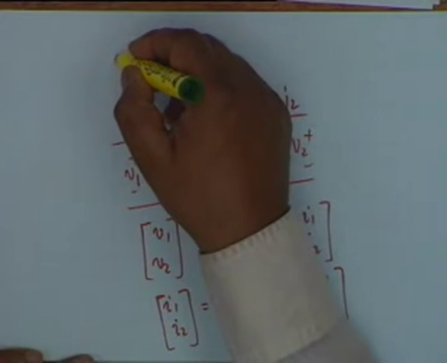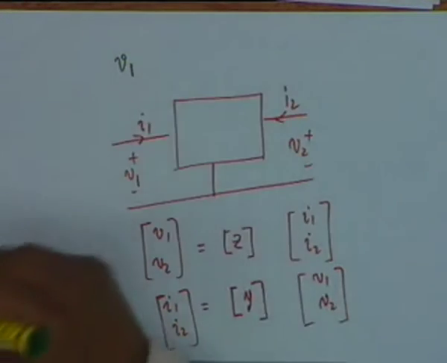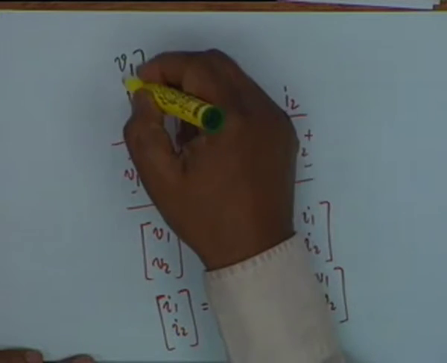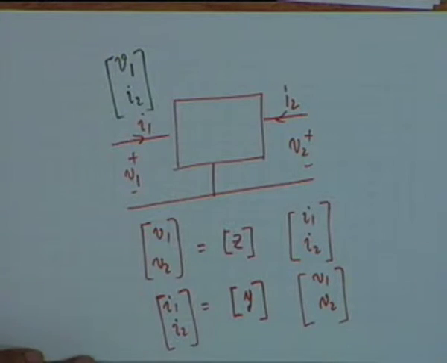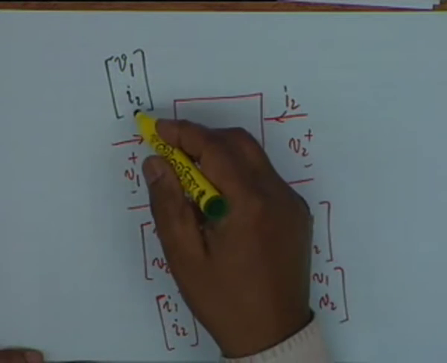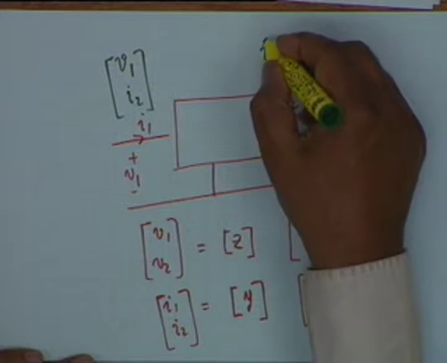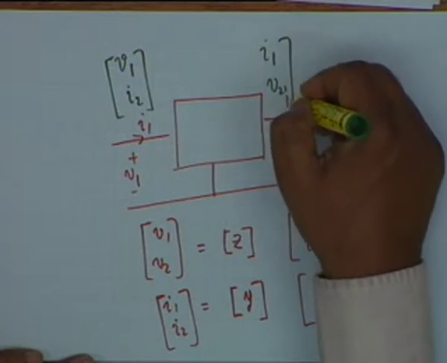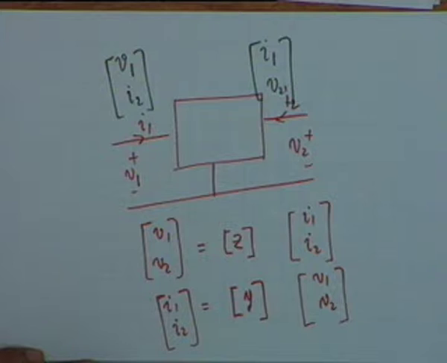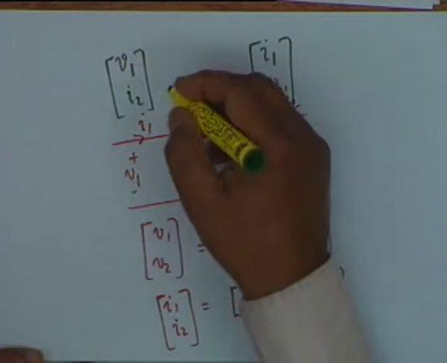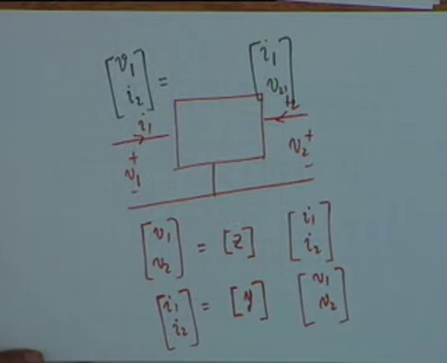That is, your dependent parameters are V1 and I2. The dependent parameters are a combination of one voltage and one current, the input voltage V1 and the output current I2. These are expressed in terms of I1 and V2. I1 and V2 are made the independent variables, and naturally the parameters shall no longer be impedance or admittance, they will be a combination. Is that clear? And this is why they are called hybrid.